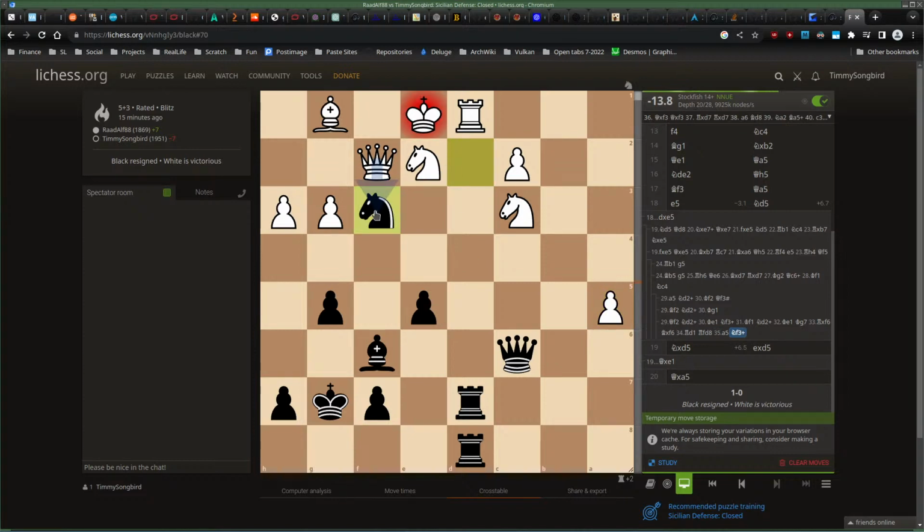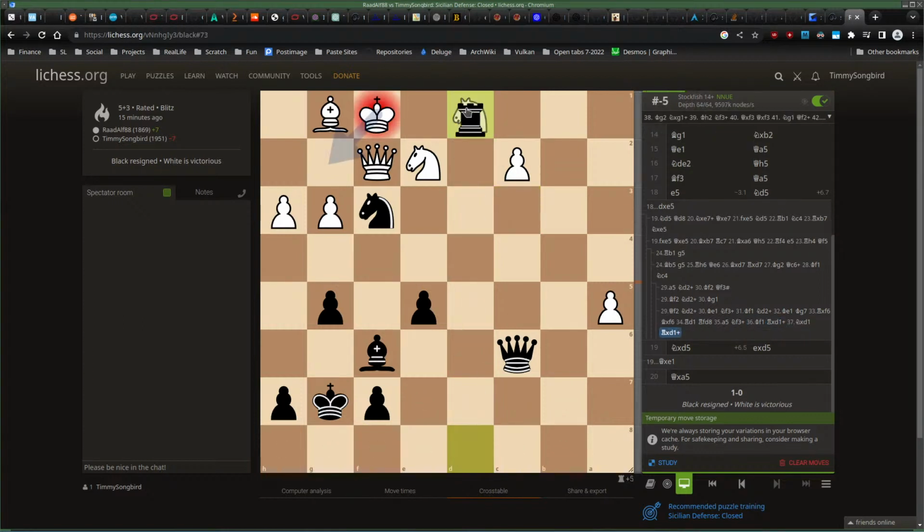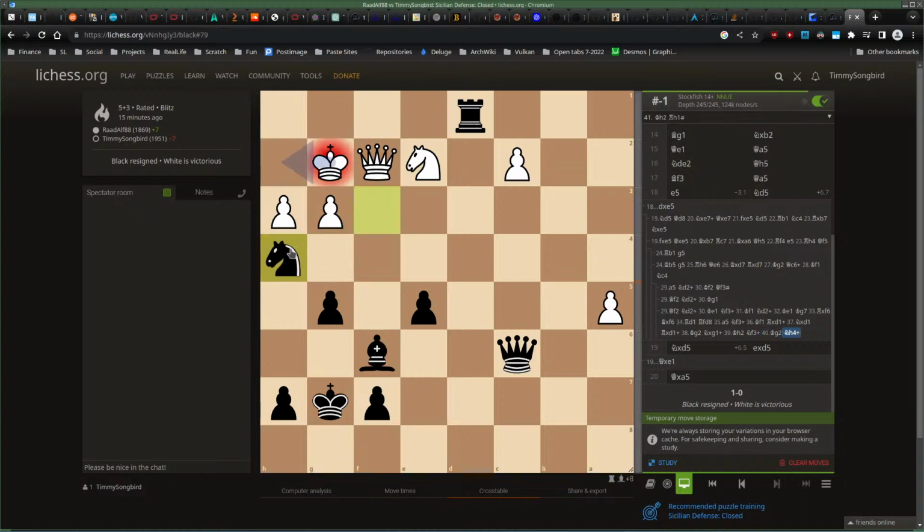So I'm threatening to give check here, and if you don't want to lose the queen, you have to go back, and then we're up a full knight. And not only that, then the king comes here and a discovered attack. So that's a free thing again, another free thing. Then we go there and give check again. And it wants to give the queen again because otherwise the only thing you can do is this, and they get double check and they come there and then it's forced mate.